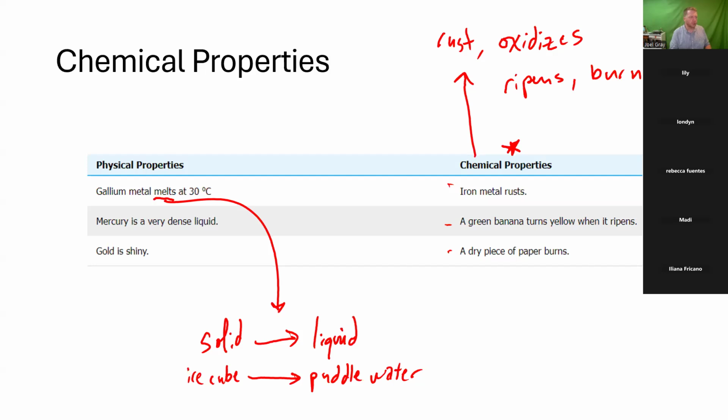Okay, so we can get an ice cube to melt into a puddle of water. Can we take a puddle of water and make it form a solid of some sort? Can we reform that ice cube? Yeah, absolutely. Now let's say that I get a tree